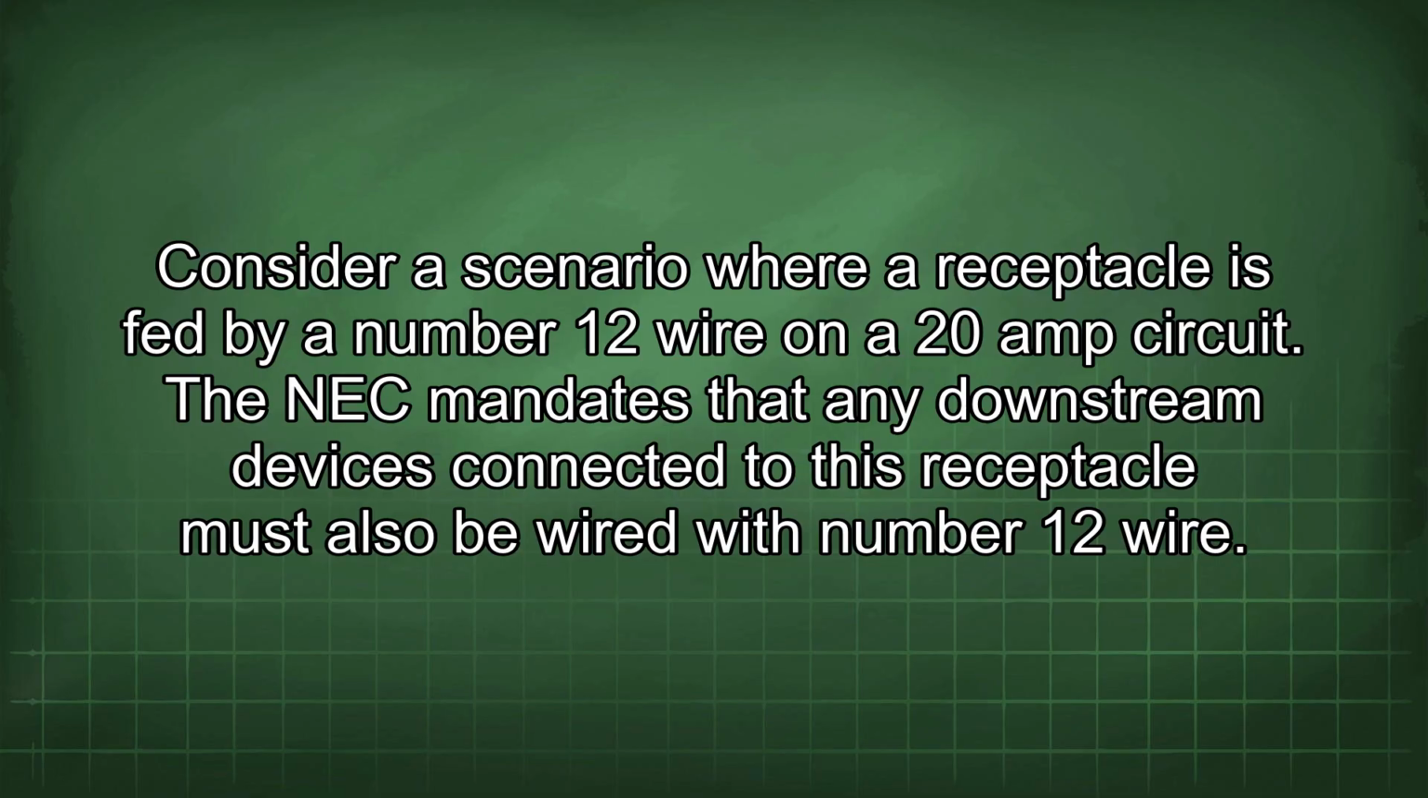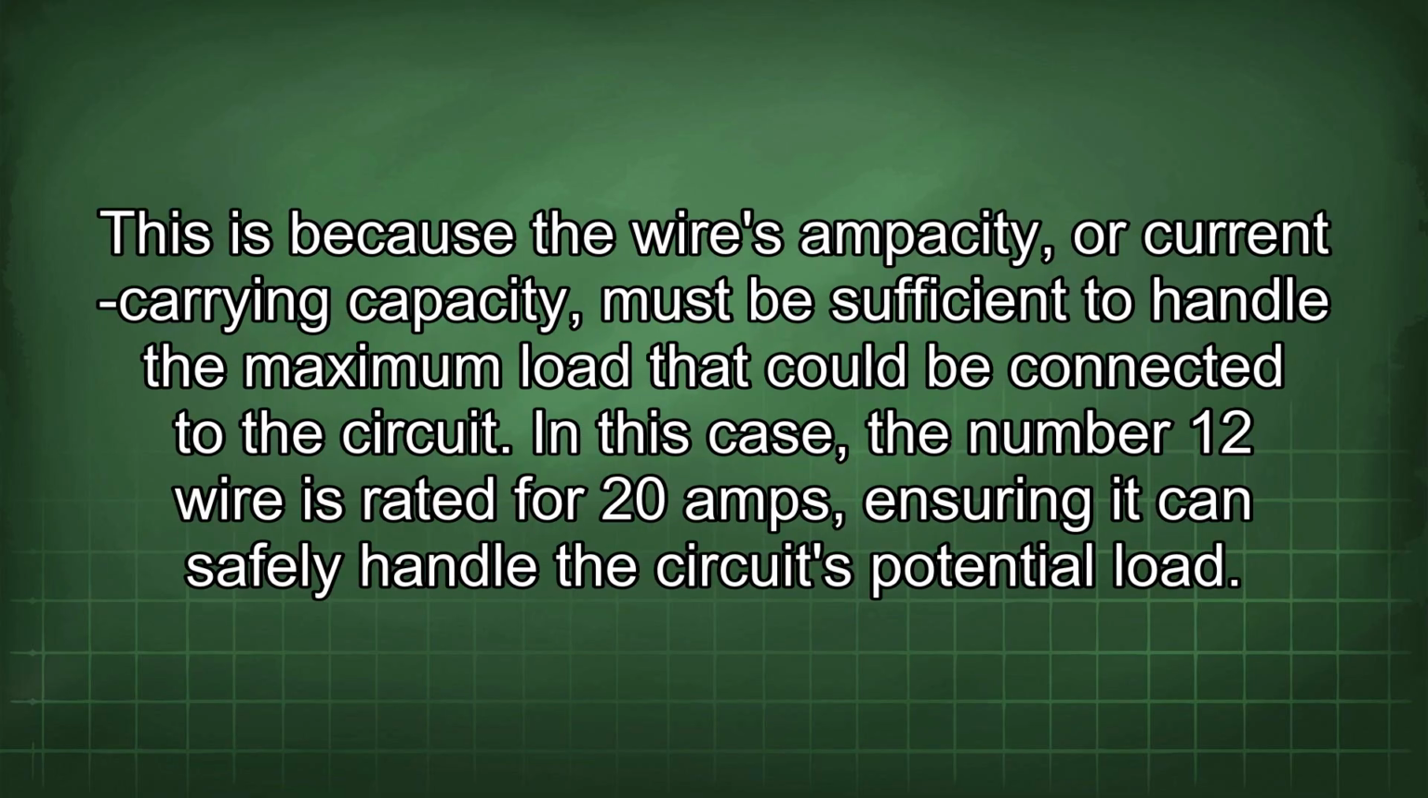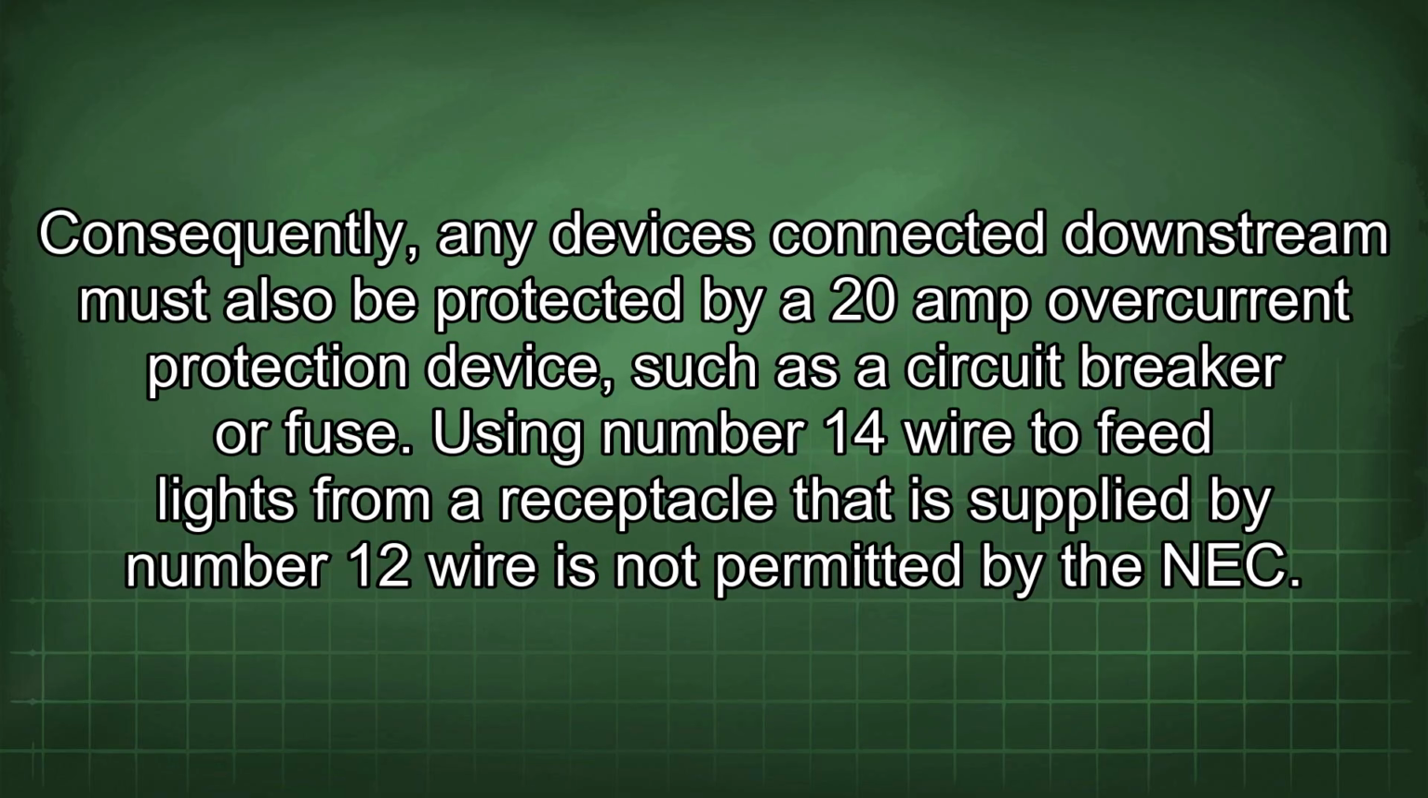The NEC mandates that any downstream devices connected to this receptacle must also be wired with number 12 wire. This is because the wire's ampacity, or current carrying capacity, must be sufficient to handle the maximum load that could be connected to the circuit. In this case, the number 12 wire is rated for 20 amps, ensuring it can safely handle the circuit's potential load. Consequently, any devices connected downstream must also be protected by a 20 amp overcurrent protection device such as a